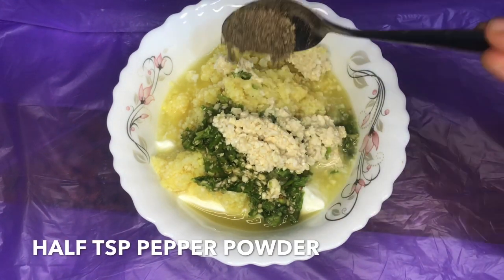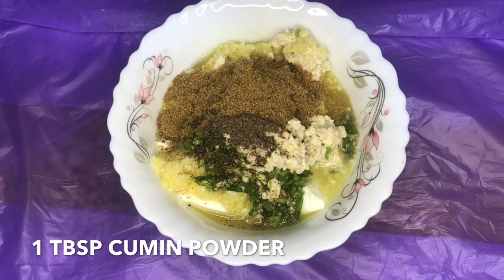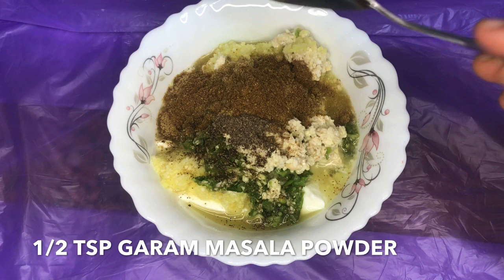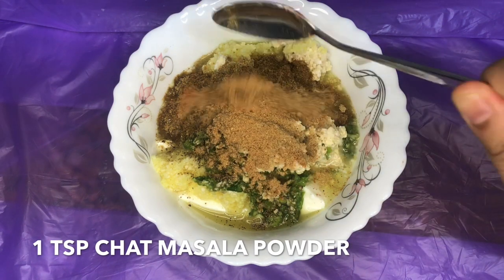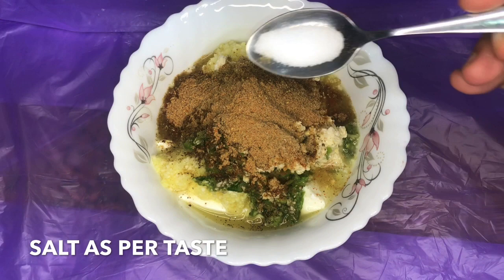half tsp pepper powder, 1 tablespoon cumin powder, half tsp garam masala powder, 1 tsp chaat masala powder, salt as per taste,